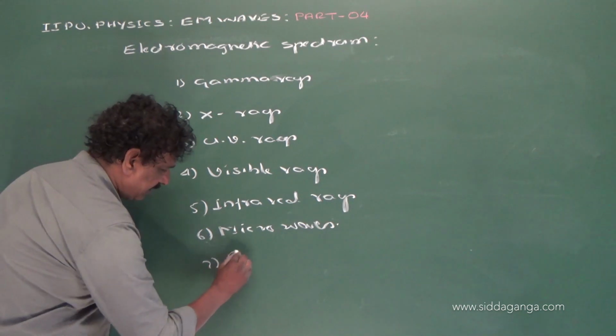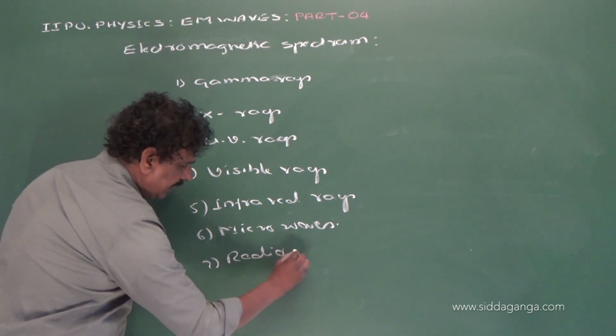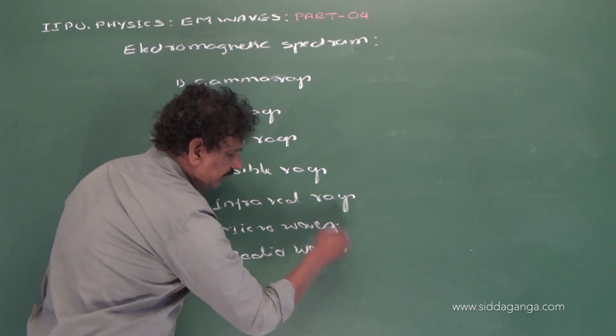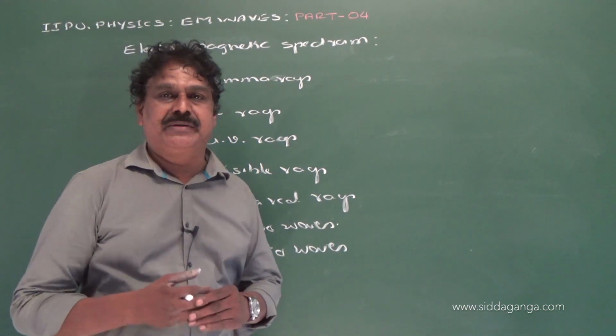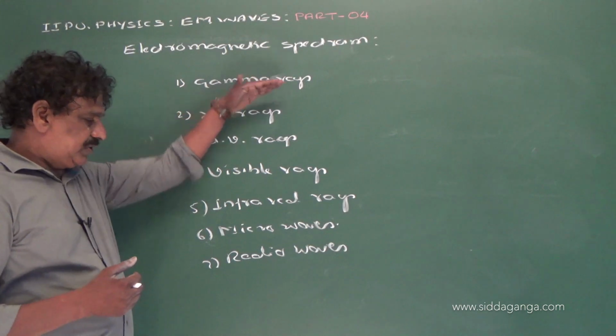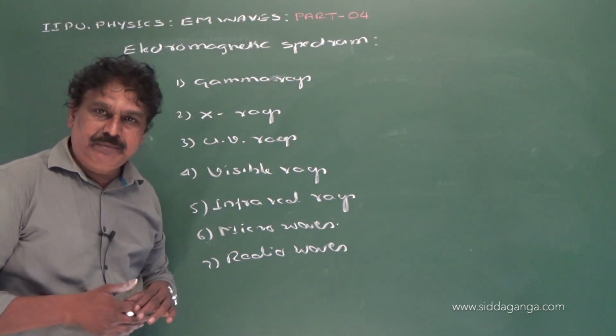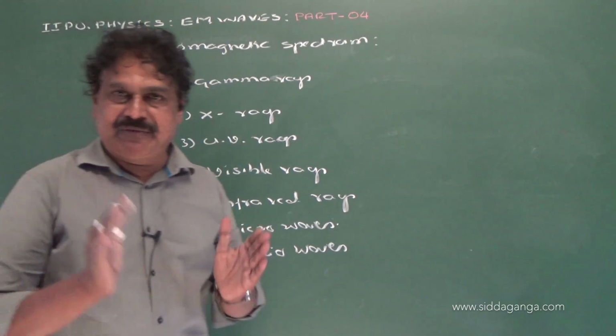And number 7, radio waves. They can be classified into 7 types, from gamma rays to radio waves, based on the wavelength range